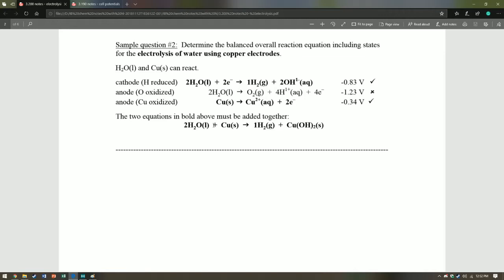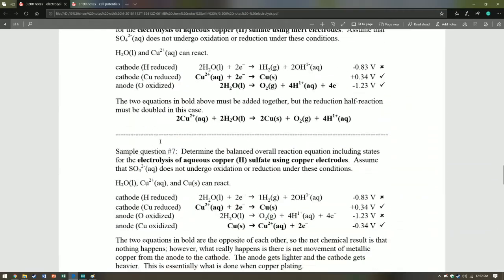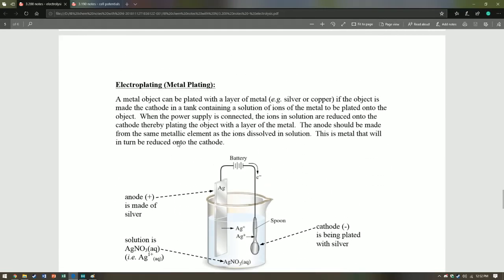If it's a dilute salt, it's just essentially the electrolysis of water. But you would use that sort of logic to determine the products. The last thing I want to talk about here is electroplating and factors that affect the amount of product from electrolysis. So, electroplating